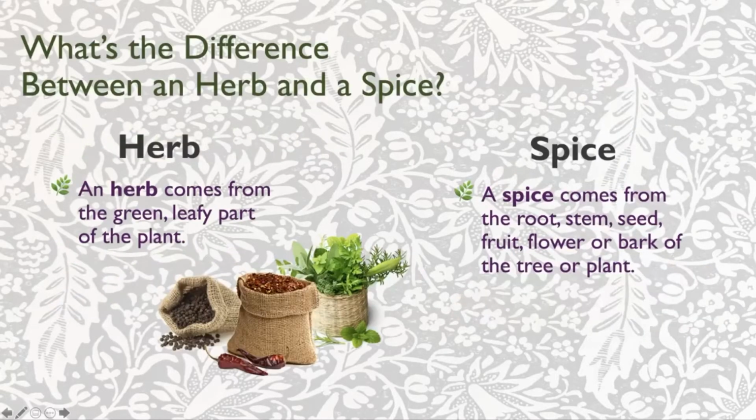Okay, you've heard of an herb and you've heard of a spice. Have you ever wondered what the difference is? An herb technically is the green leafy parts of the plants. So in your spice section of the grocery store, the herbs could be dried basil, dill, oregano, those types of things. Those are herbs. A spice is actually something that's created from the roots, stems, seeds, fruit, flower, or bark